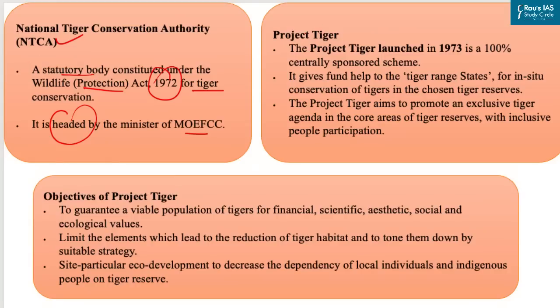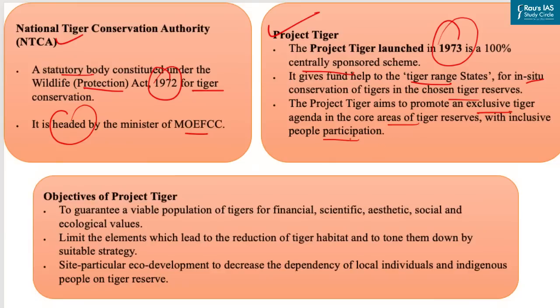Now, an important initiative related to tiger is Project Tiger, and this was launched in the year 1973, and it is a 100% centrally sponsored scheme. Basically, it gives fund help to the tiger range states for in situ conservation of tigers in the chosen tiger reserves, and it aims to promote an exclusive tiger agenda in the core areas of tiger reserves